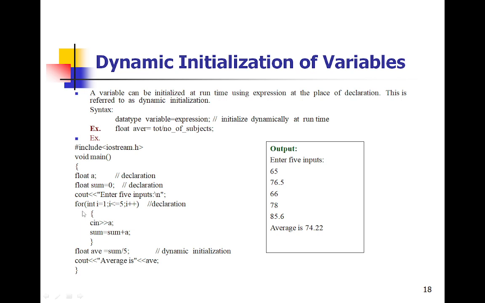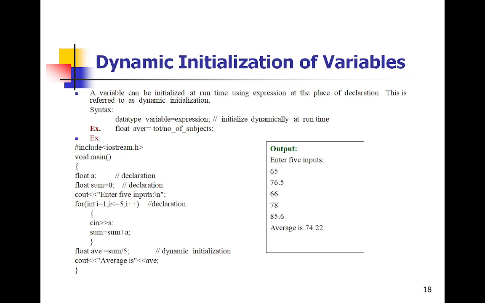Then we are using the for loop, and that for loop will be executed 5 times, and we are getting the input from the user with cin, and we are performing the sum of the first 5 numbers. We have already initialized sum as 0, so it will be incremented, and in the final iteration the final value is stored in sum. If you display that sum value, there won't be any kind of issue.